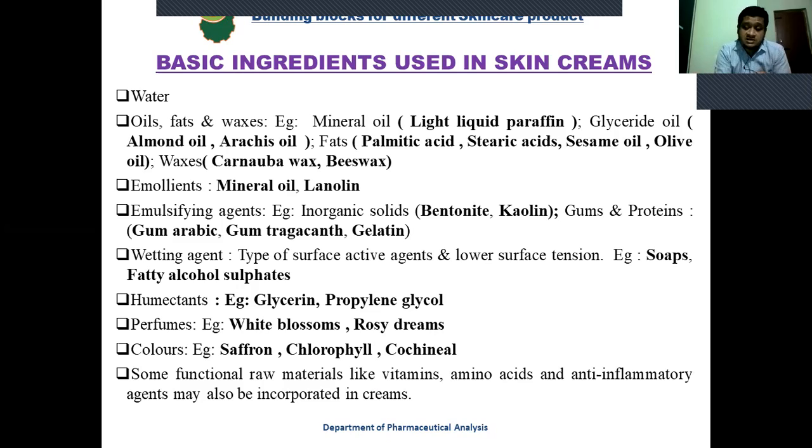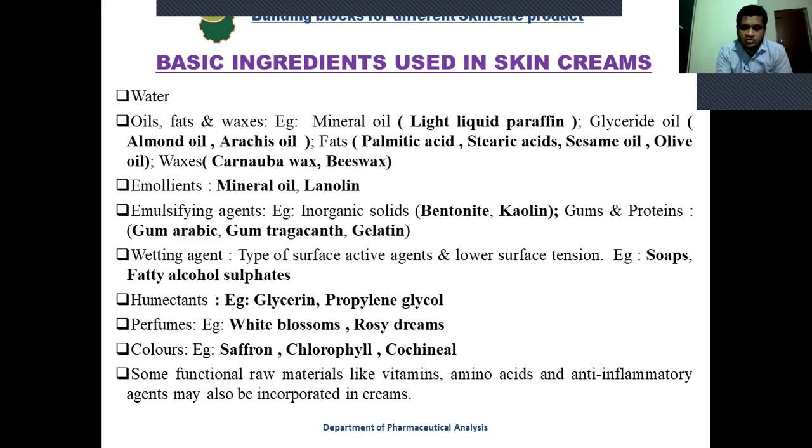Okay, next are the surfactants. Another type of surfactant is called wetting agents. Now, a wetting agent is also a very important part of a cream. Why? Because suppose we are adding a particular drug, and that drug is hydrophobic in nature, and we need the drug to be present in the water